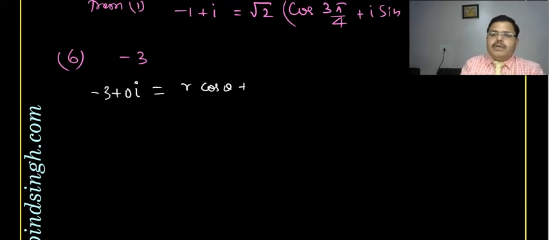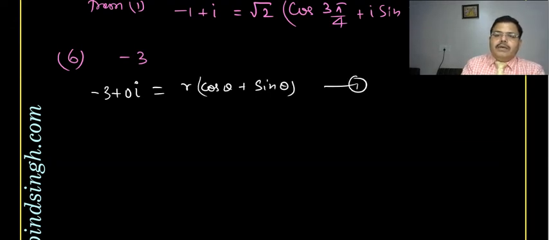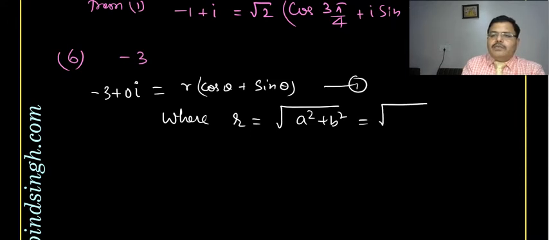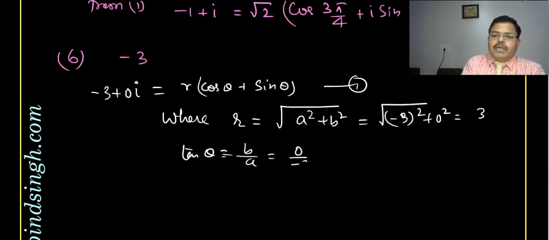We can write it like this, equation 1, where r is equal to under root a square plus b square, isn't it? So that is minus 3 square plus 0 square, which is 3, and tan theta is given by the argument, that is b by a. So 0 upon minus 3,